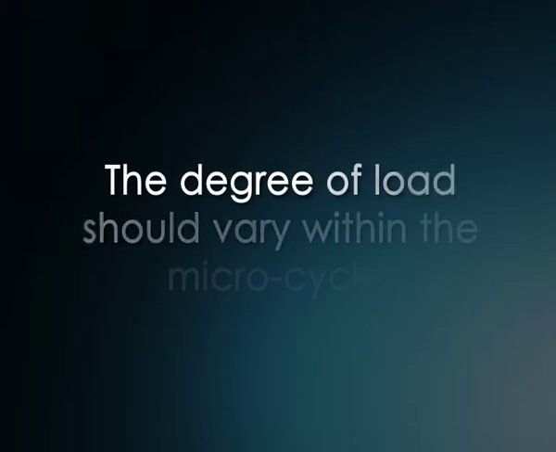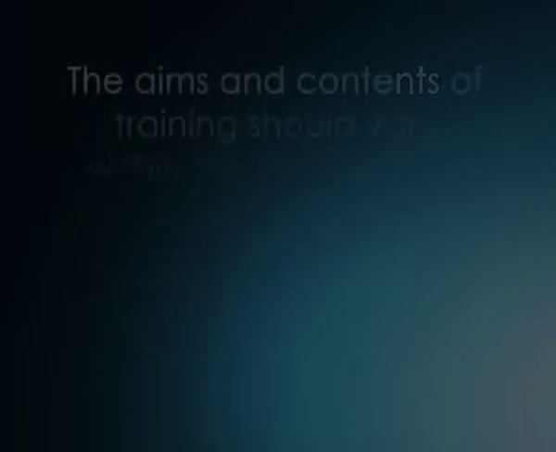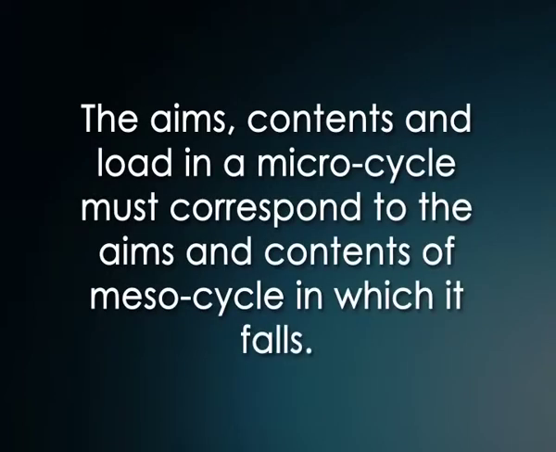in which it falls. For effective formulation of a microcycle plan, the following rules should normally be observed. Number 1, the degree of load should vary within the microcycle. Number 2, the aims and contents of training should vary within the microcycle, but it must ensure optimum load for the development or achievement of one or two factors. Third, the aims, contents, and loads in a microcycle must correspond to the aims and contents of the meso-cycle in which